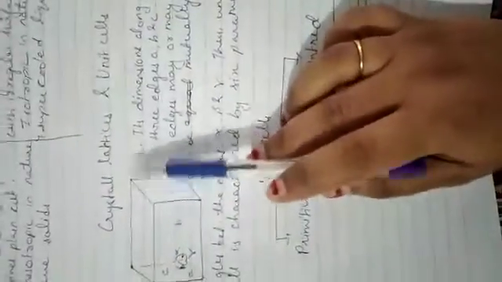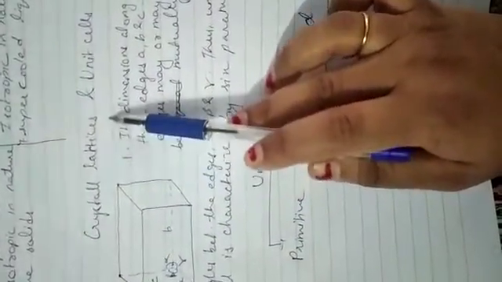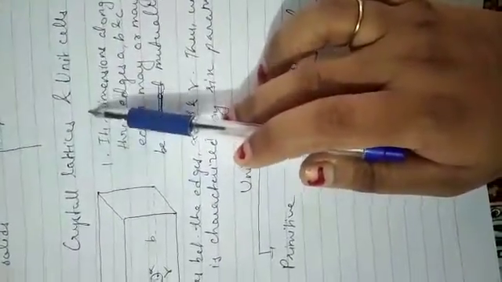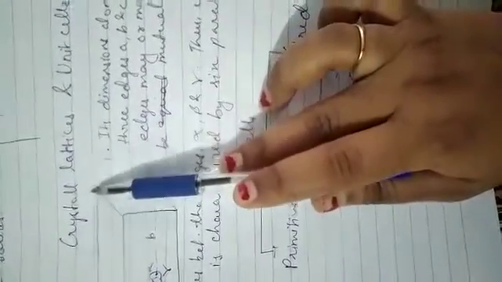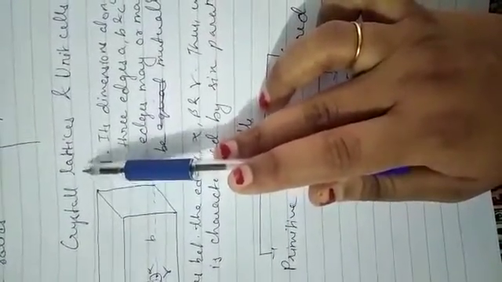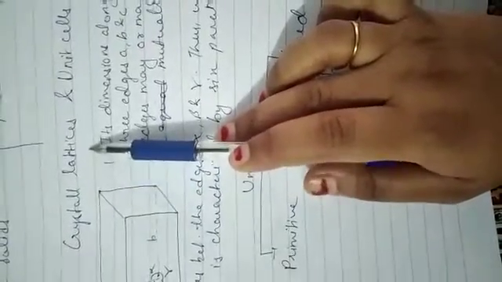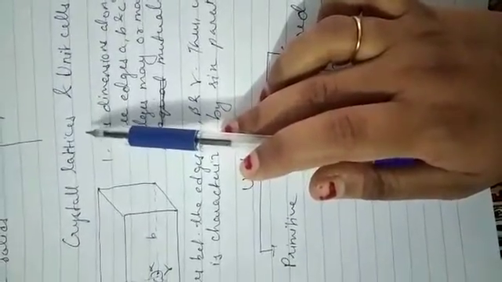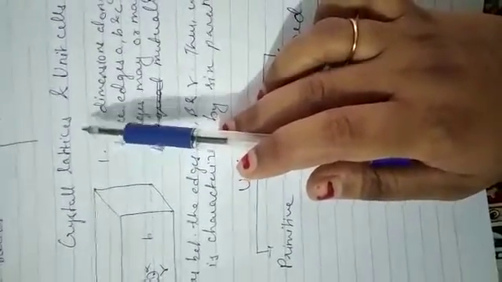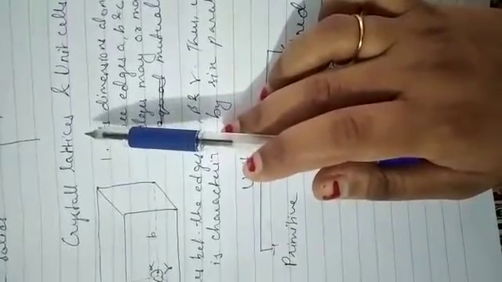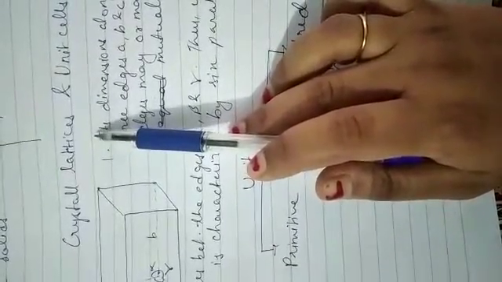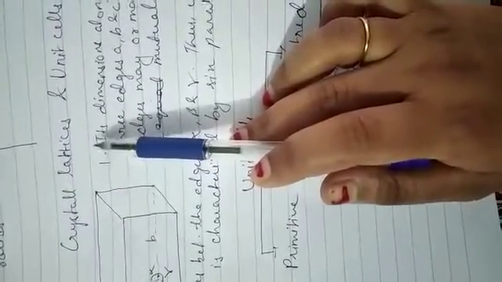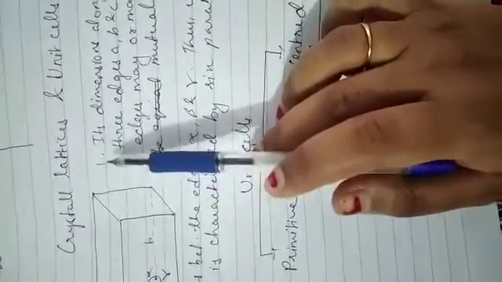So your next topic is crystalline lattices or crystal lattices and unit cells. We have already discussed that crystalline solids have a regular shape and a definite geometry. In crystalline solids, if the three-dimensional arrangement of the constituent particles in a crystal is represented diagrammatically, in which each particle is depicted as a point, then the arrangement is called the crystal lattice.